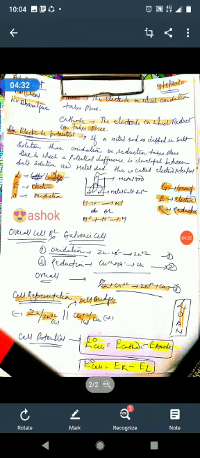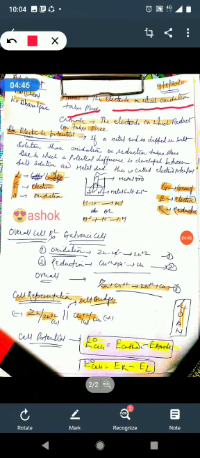Now we will define what anode and cathode are. The anode is the electrode on which oxidation takes place. Always you must remember that the electrode on which oxidation takes place will be the anode, whether it is positively charged or negatively charged. Now cathode, the electrode on which reduction takes place is called the cathode. It does not depend on the charge of the electrode, it depends on the reaction which is taking place on the electrode. If oxidation is taking place, then it will be the anode, and if reduction is taking place, then it will be the cathode.